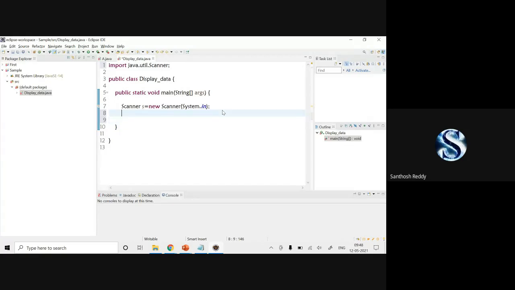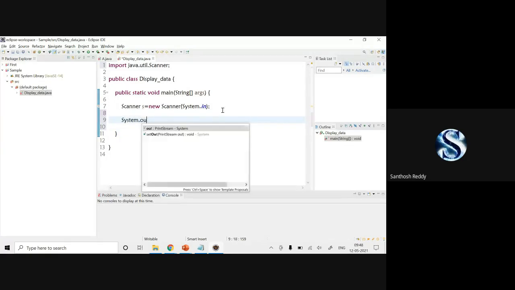Now I'll make use of System.out.println, enter the age.